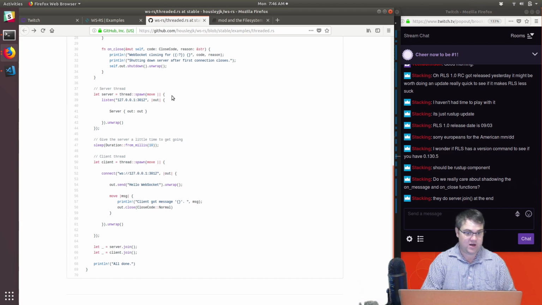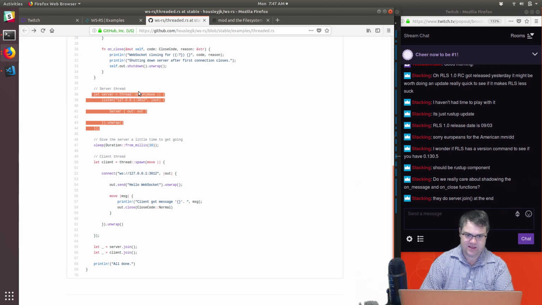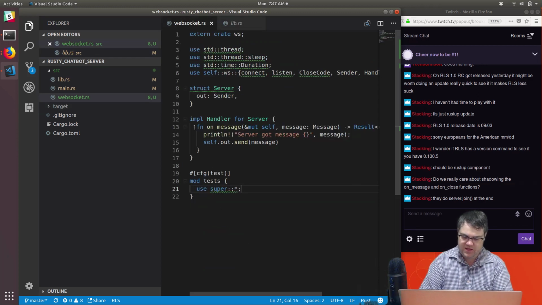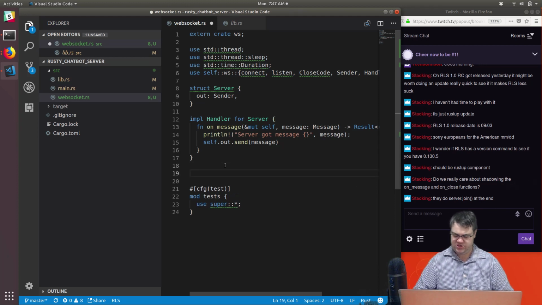I can just do thread::spawn. We can have a function return this thread, and then we can call it from the other one. I'm not going to worry about that. Let's just go ahead and call thread::spawn and then move. Where do we want to do that in here? I don't think I could just put normal code in here, right? I have to struct Server, impl Server. Can I just do